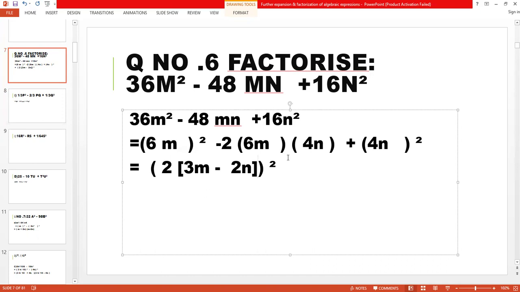अगर हम फर्स्ट टर्म में कॉमन लेंगे, you will get the same answer. ओके, आई हैव टू डू फॉर यू. सपोज अब ये देखें, यहाँ अगर हम कॉमन लें 36, 48 एंड 16, इन सब में 2 कॉमन है. आपने 2 कॉमन ले लिया. अब अंदर क्या रह गया? नो, 2 कॉमन नहीं है. यहाँ हमारे पास 4 कॉमन है, बिकॉज इन 4 टाइम टेबल 36 विल कम. ओके, सो 4 कॉमन है, तो यहाँ आपके पास रह गया 9. ये रह गया m, ये रह गया 12 m n, और ये रह गया 4 4 16.